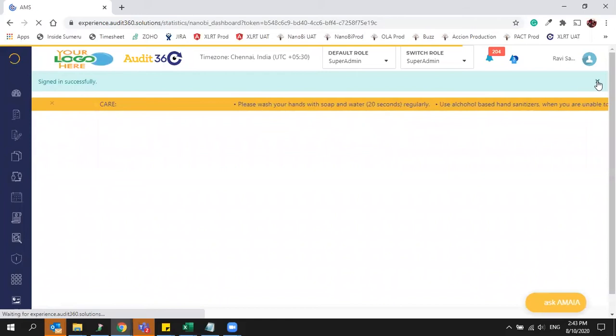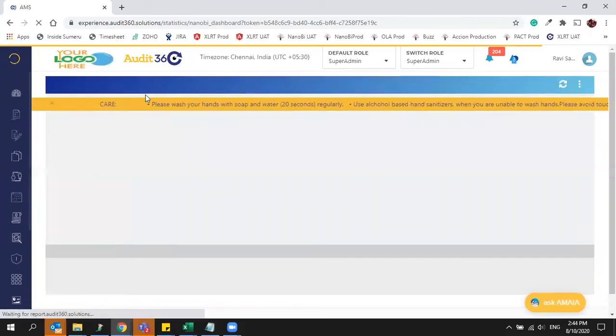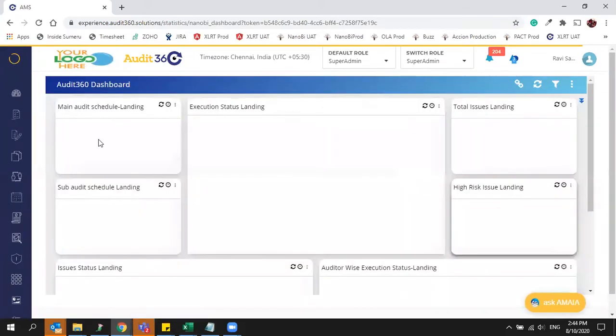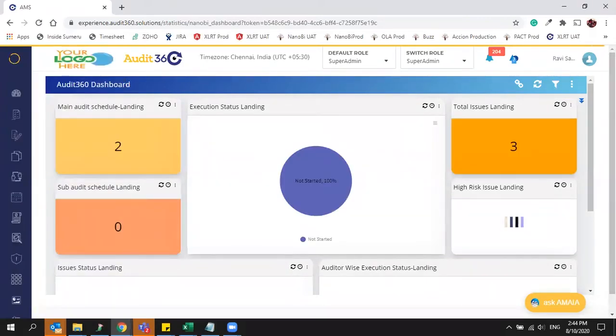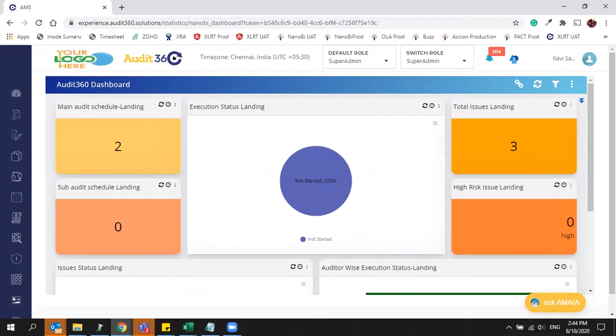So earlier in the login page, we used to have our landing page as My Checkpoint and the checkpoints we created. Now we have standardized our landing page as a simple dashboard where you can get the status of the last 2 days' activities, including today.